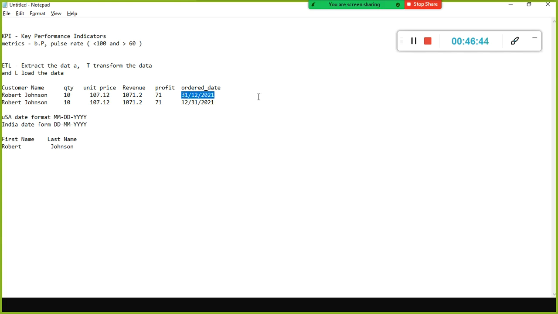Somewhere he stored it in the date-month order, and in the next record he stored it somewhere else, or somewhere they would have used some hyphen. You need to address this kind of thing. You need to convert everything into a single common format, either US date format or Indian date format. We have some DAX functions available, or in the tool itself we can address these kinds of data issues. This is called dirty data. The data is not clean here. It is not in the standard format.